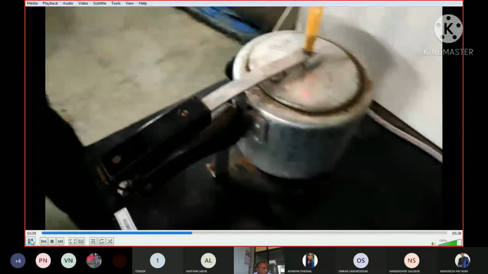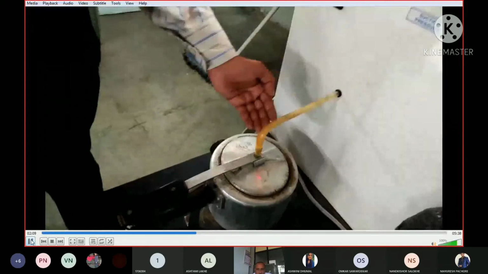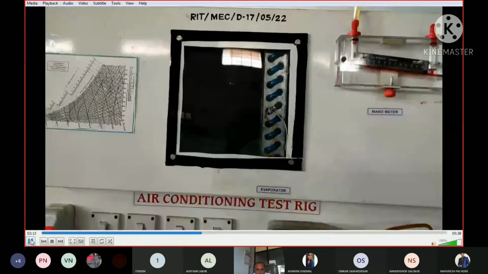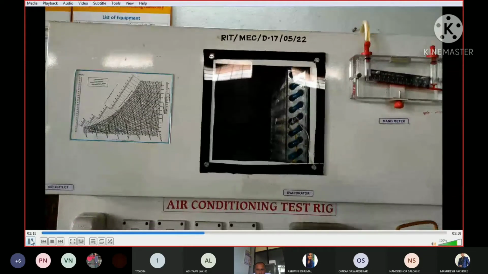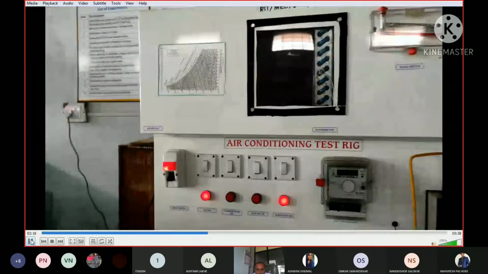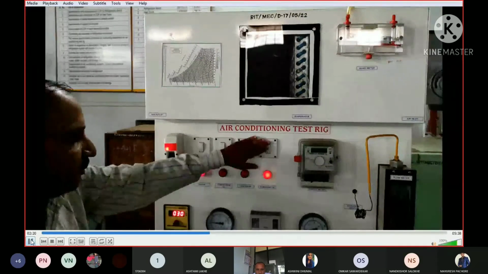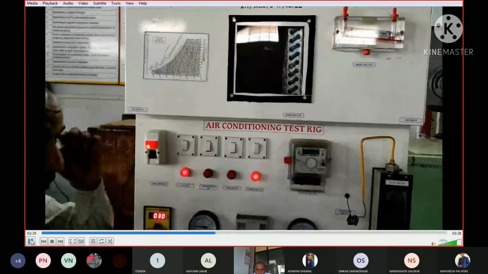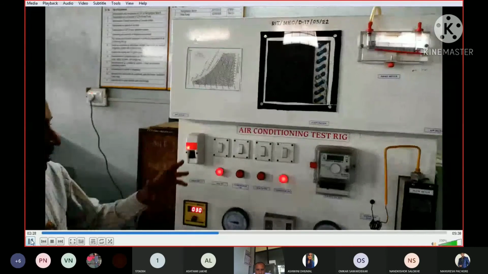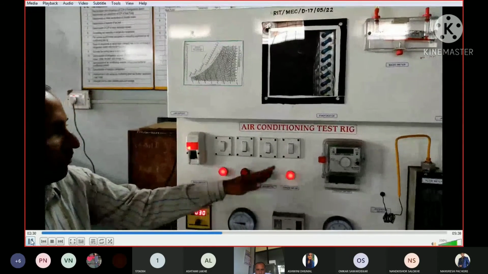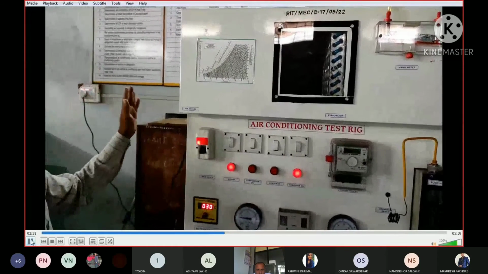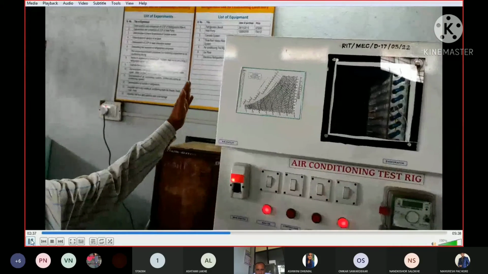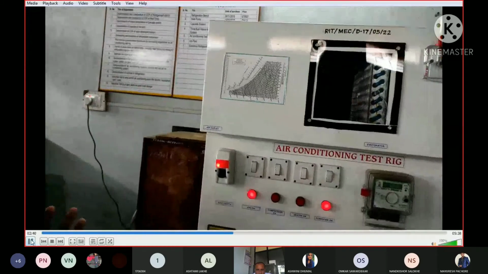Once the steam is generated, you will see on this pipe there is some steam. It will go to the duct, and it is inserted somewhere there. So this is the process of heating. After 10 to 15 minutes, perform this setup. Once you turn the humidifier on, measure the dry bulb temperature and wet bulb temperature of the air at the exit of this channel, the exit of the air handling unit. So that is the exit condition.